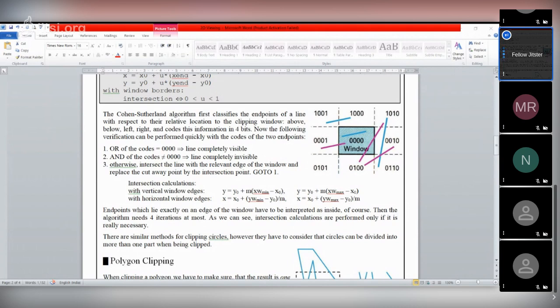Then after finding a particular intersection point, again we have to check the new intersected point and the other end values. Then we have to apply the AND operation and the OR operation. If we get the corresponding values, then this line is completely visible. If we get 0000 values, then we have to check the other endpoint. That means repeating the same things and applying the same three logics, we can find all the lines that are inside this window.